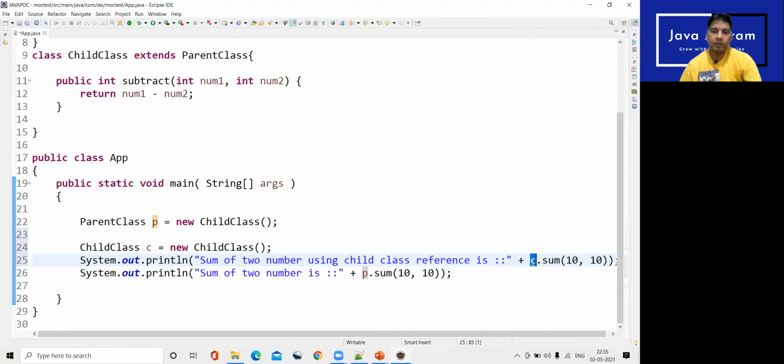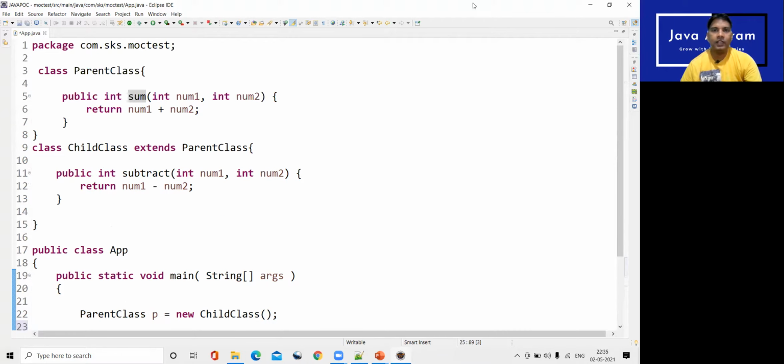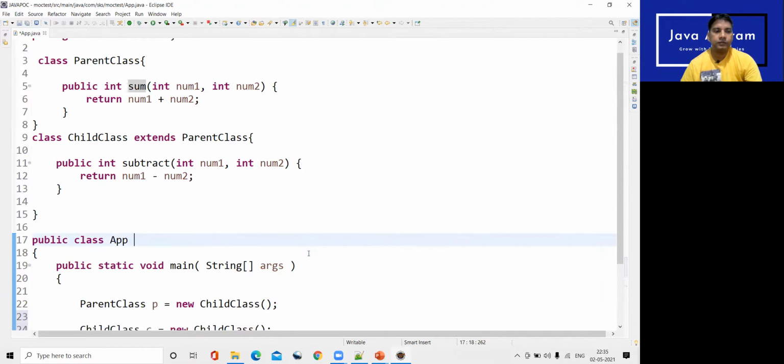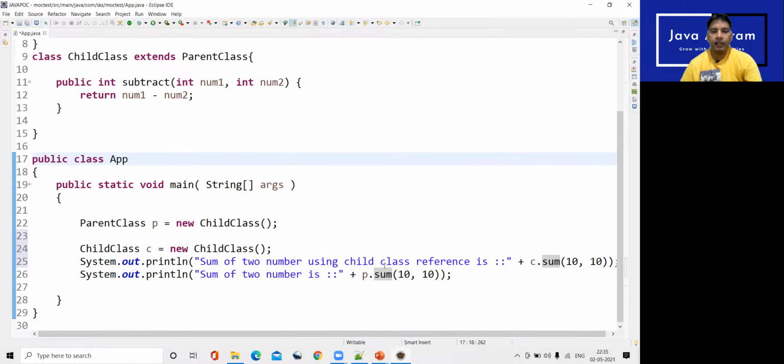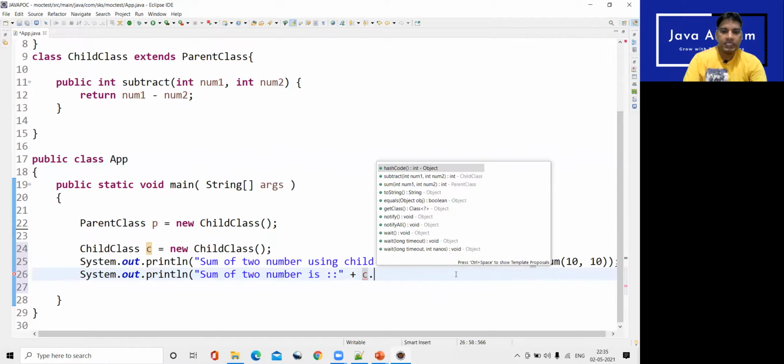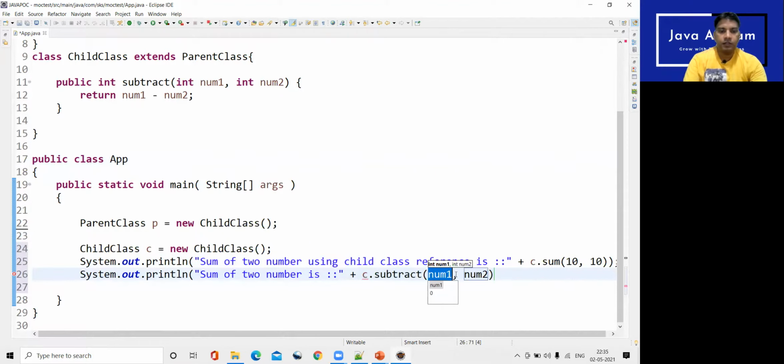C is the reference variable of child class, but sum is the method of parent class, right? Still we are calling that, correct? Fine. And here I'll be calling C dot subtract. So 20 and I'm passing 10.